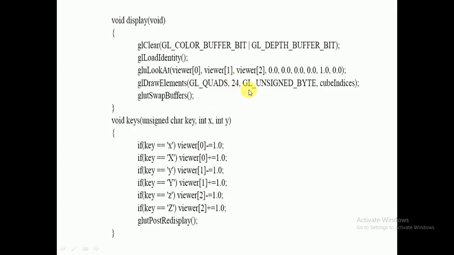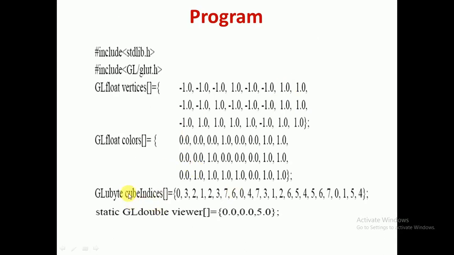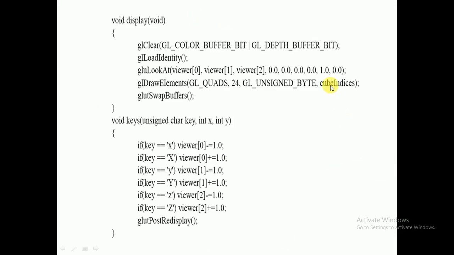Then for 24 points, GL_UNSIGNED_BYTE, that's why we have declared indices. Again I want indices as GL_UNSIGNED_BYTE. These indices I will refer to. Once I start referring to these indices, it automatically takes them. To draw the 0th vertex, it takes this. To draw this, it again takes the next 3. To draw this, the next 3. Like this, it will keep taking, then unsigned bytes, then cube indices,